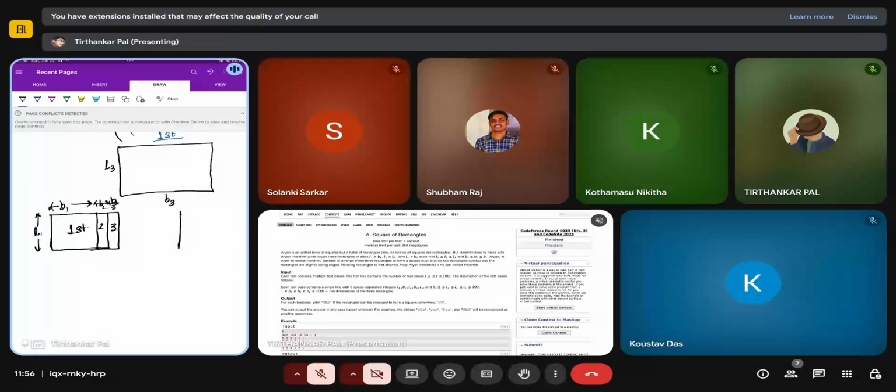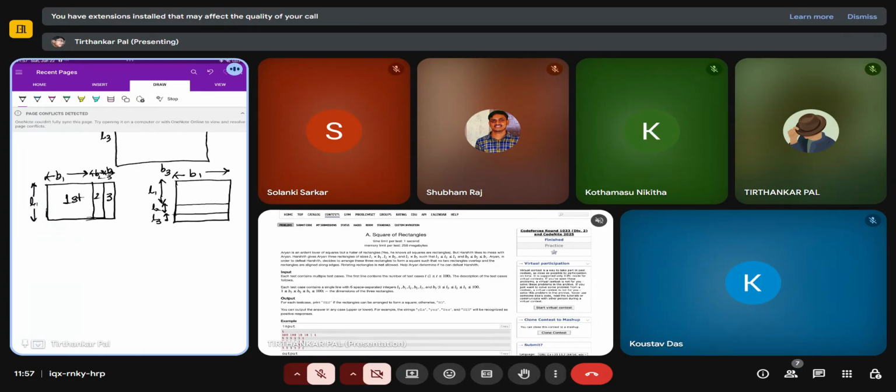And what is the second possibility? The second possibility will be this, this and this, that their breadth are same for all. Let's say it is B1 for all, but their length are different. Okay, so for first it is L1, for second it is L2, for third it is L3. Okay, and the last possible case that can be,